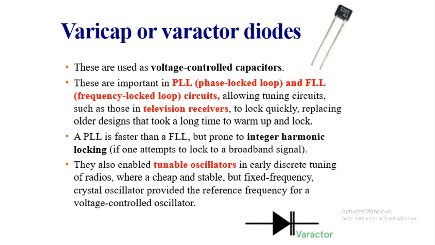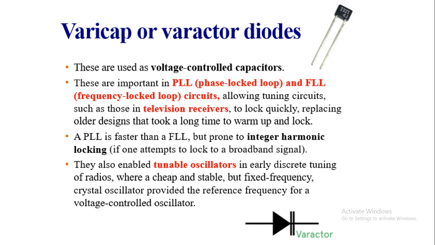And the fourth type is the varicap or varactor diodes. These are used as voltage controlled capacitors. So I control the voltage to vary the capacitance. So it's a varicapacitor or varactor diode. These are important in PLL phase locked loop and FLL frequency locked loop circuits, allowing tuning circuits. يعني هو بيشتغل في التيونينج circuits اللي هي موجودة في التلفزيون receivers وراديو receivers وريسيفرز at all,